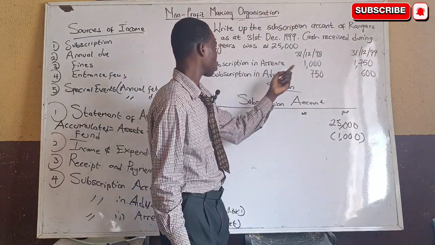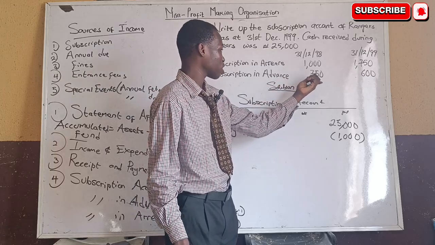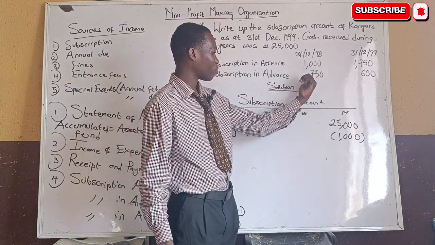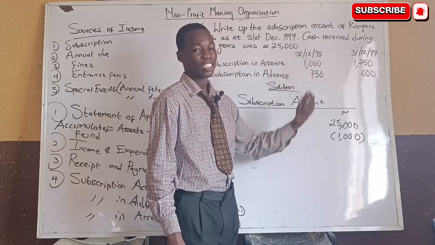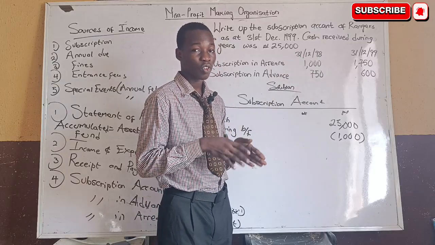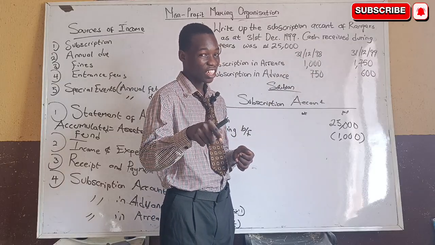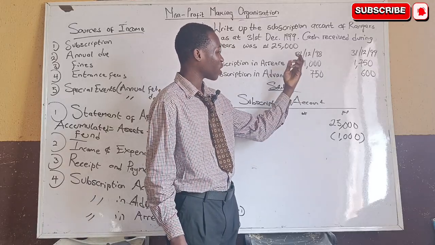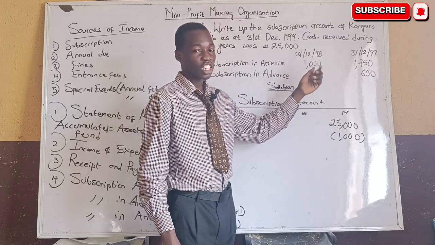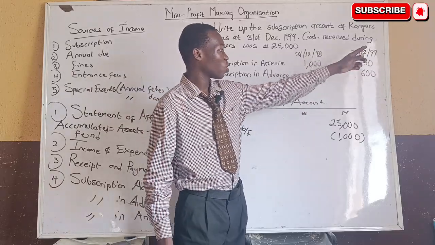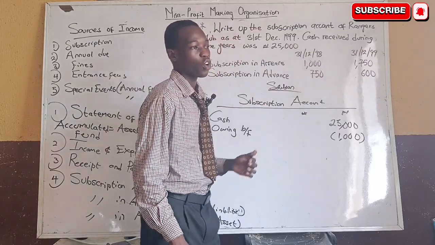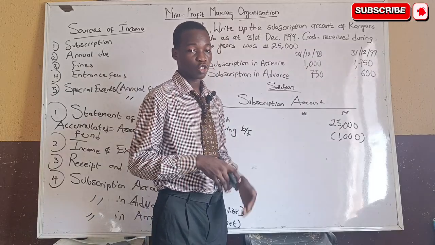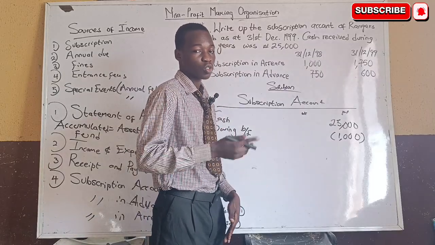Now let's look at subscription in advance at the beginning. So when you make an advance, you paid in advance as at 31st December 1998. Don't forget, advance is not for that year, it's for the next year. Do you get the logic now? It's not for that year, it's for the next year. So you paid in advance 31st December 1998. It's not for 1998, but it's for what? 1999. Which simply means, as I said earlier, that when it's for this year, you add it to it, but when it's not for this year, you subtract it.